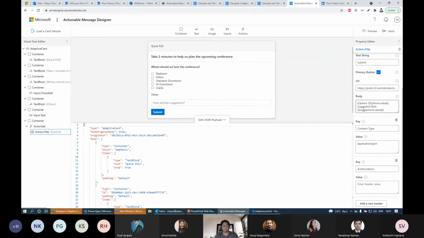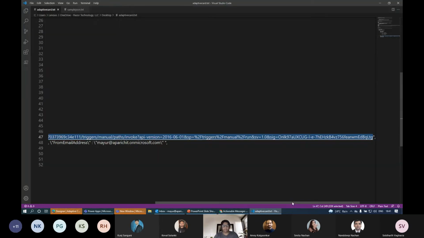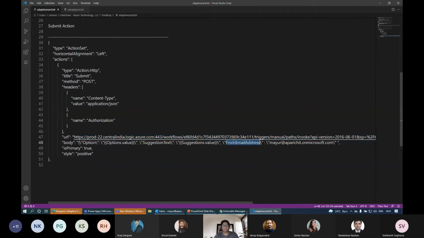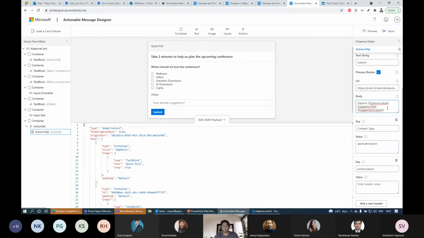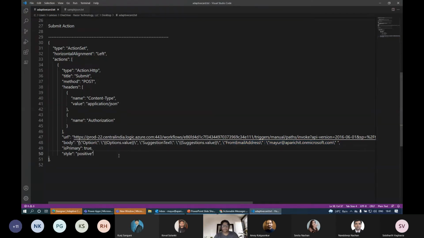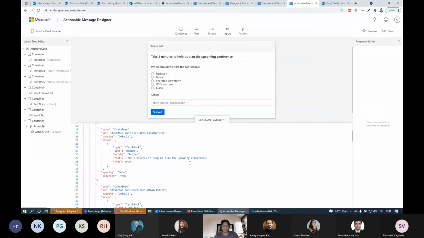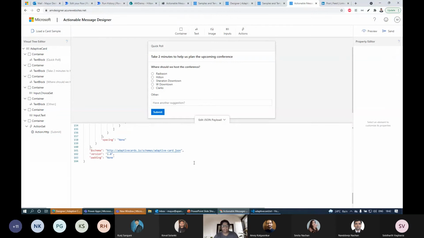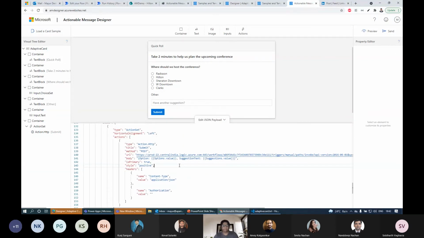That's it. Now in the payload, I have added one more attribute, from address, Mayur at the rate. So I'll just copy this and paste it inside the body. Let's not do it, let it be. Then is primary true. That's it. So my adaptive card is ready. Okay. So in the actions, we have added this header as an authorization and the content type as an application